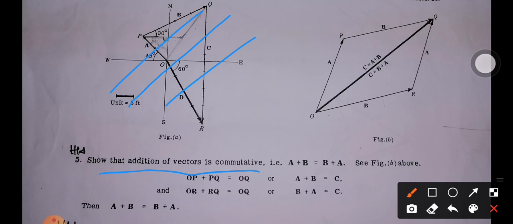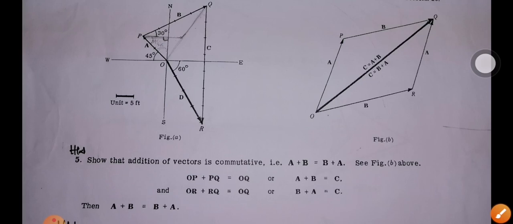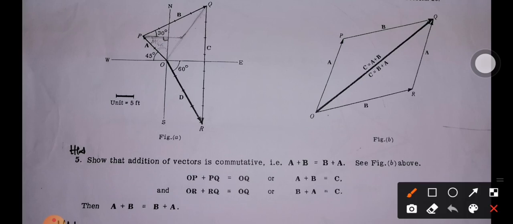Here you can see the figure. I take the vector a, and this is my vector b, and I am going to add a plus b. I place the initial point of b at the terminal point of a, and find the resultant by joining the initial point of a to the terminal point of b. So here is my vector c, which is a plus b, and clearly OP plus PQ will be the resultant.